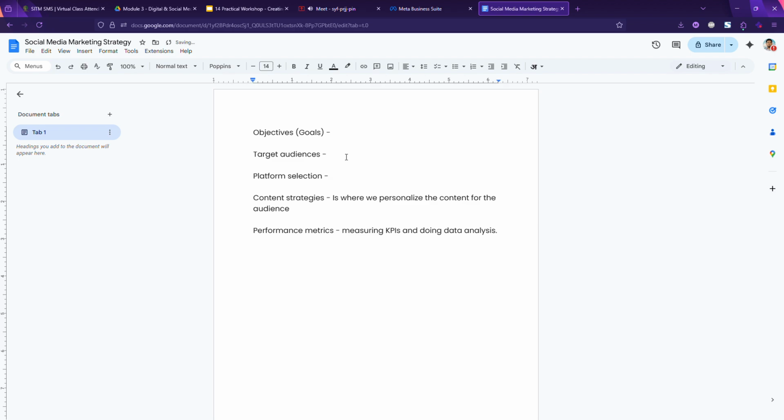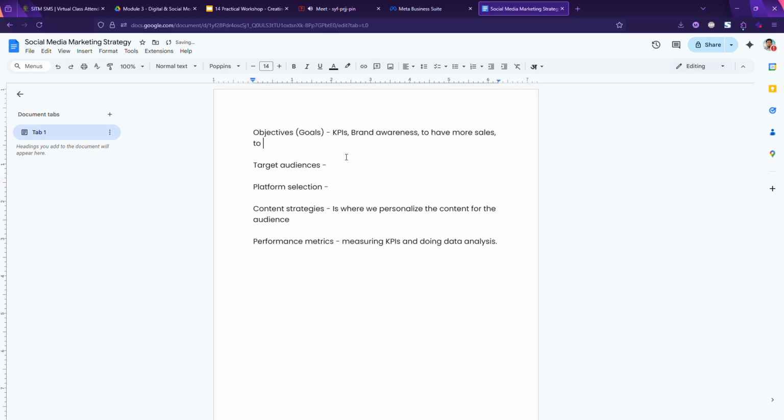So at first we set our goals. This is where we set our KPIs. A goal can be brand awareness, it can be to have more sales, it can also be to make announcements for engagement, or it can be